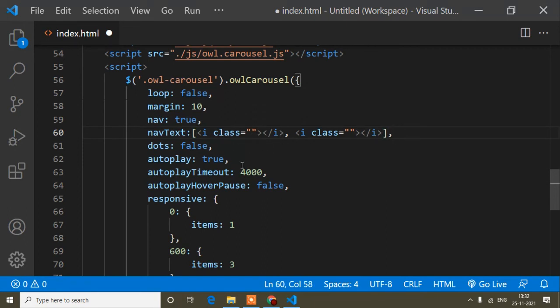But guys, if you want to see how to make owl carousel again, I hope you will find it in this video, because here I started from the beginning, and I will not make the same thing again and again. So I hope you will watch this video very carefully. If you want to implement any property and it is not working, you can write in the comments, and I will try to cover it. But I will not implement owl carousel again, because I have already implemented it two times.